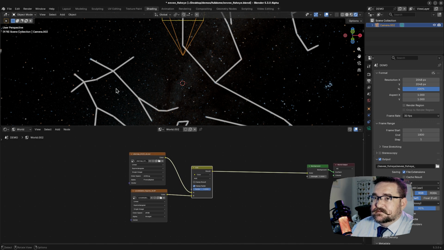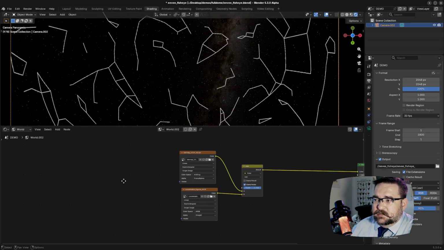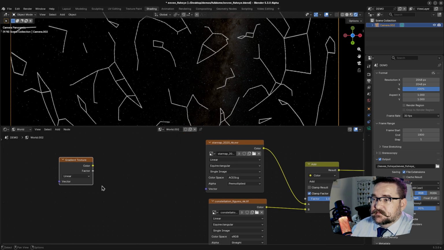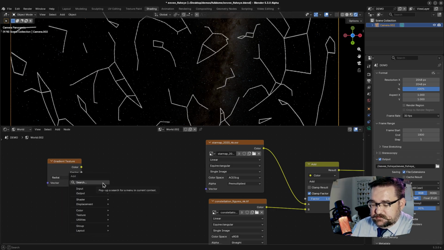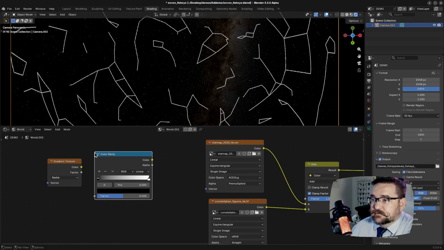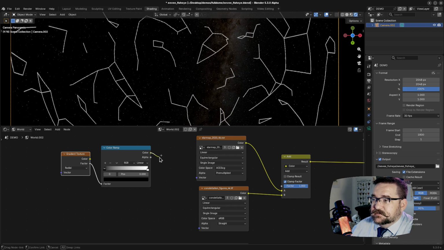Now, how do I make the lines into those pretty rainbow colors? Well, I did that with a gradient texture. So I did a gradient texture, and not linear, but I did a radial. Then I fed that into a ramp. So we have our color ramp here. We're going factor into factor. And if I just plug this in,